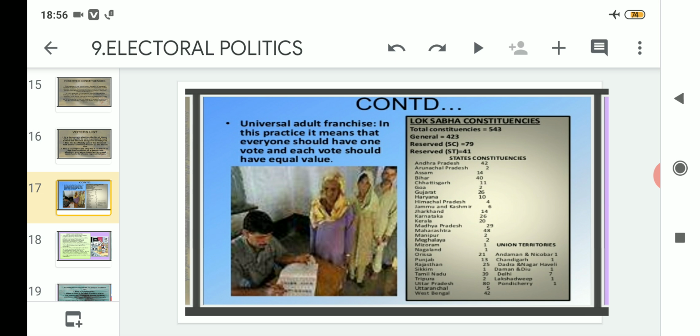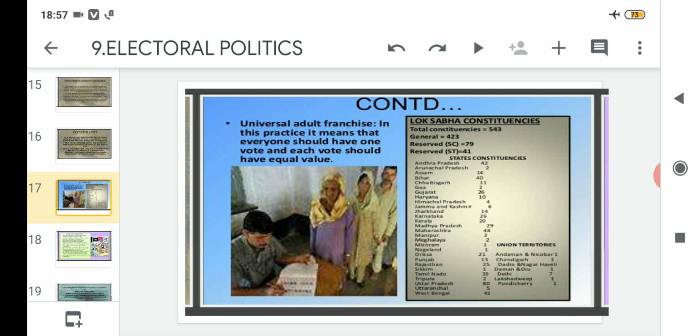Now coming to Assam, it is 14 in number. That means 14 constituencies are there where elections are held for the election of Members of Parliament. That means 14 MPs will move to Lok Sabha from Assam. Then comes Bihar. In terms of area and constituencies, it is larger. That's why it has 40 constituencies. So 40 MPs will head towards Lok Sabha from Bihar. The people of Bihar will choose 40 MPs from different constituencies in the state.